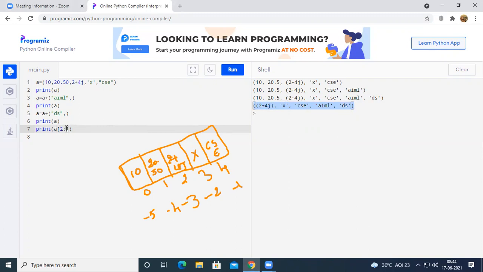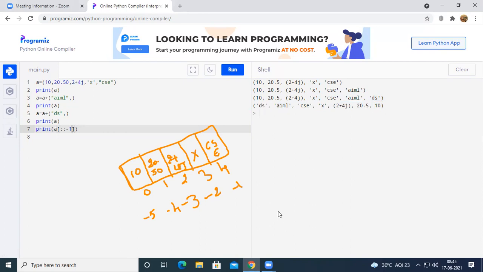So this is how we can slice an element. And if you want to reverse the elements, just provide colon -1 in the print statement. It will provide the list in reverse order. You can see the reverse order here. DS is the last element in the original list, but with colon -1 it has printed first, and 10 is the first element in the original list, but it has been printed at last. X remains the same because we have an odd number of elements, so even if we reverse the elements, the middle element will be the same in both cases.